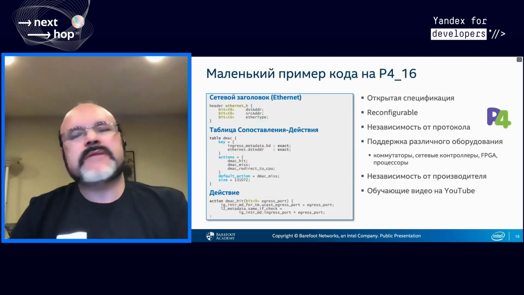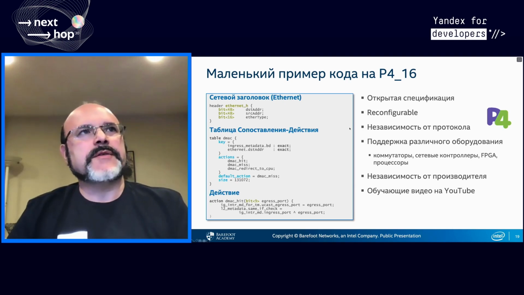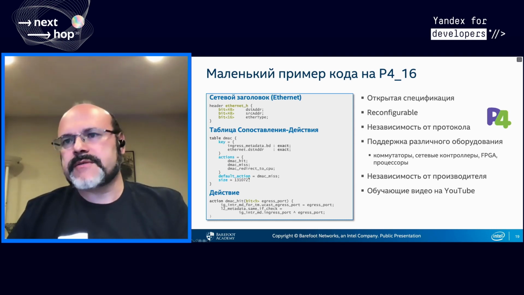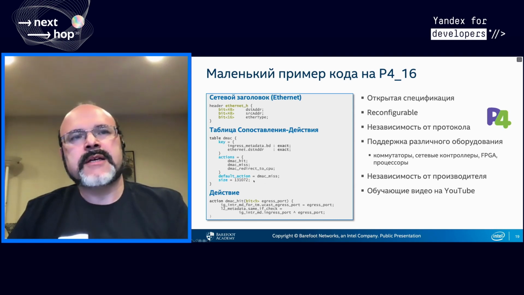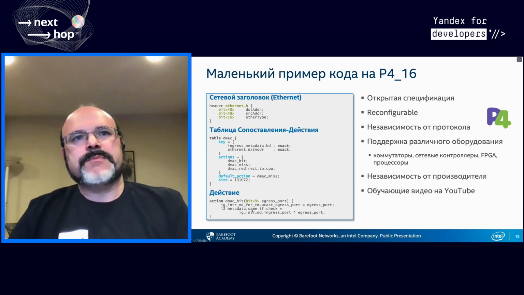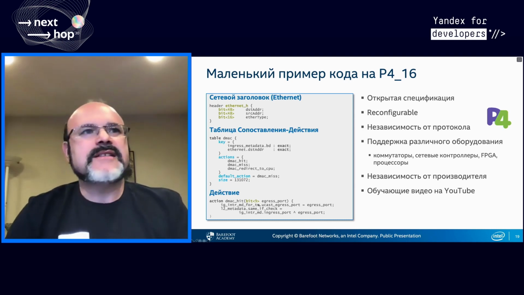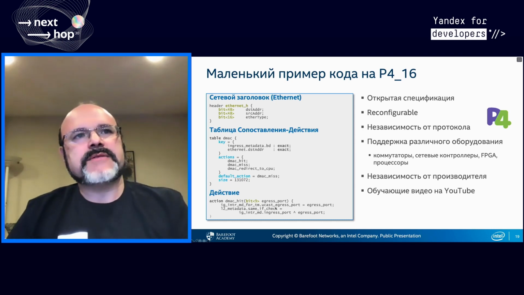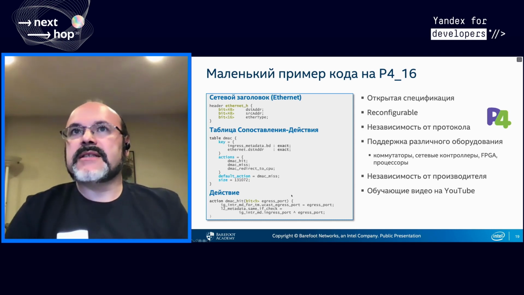This is the P4 code. I already showed you one example. There's another example. You see that there is nothing difficult here. In the RFC, you can write your own header. Here you write what fields are used for keys, which fields are used for actions, what the size should be, and what should the default action be. And the action is described as in many other languages. Here you can see the parameters, and here you write what needs to be done.